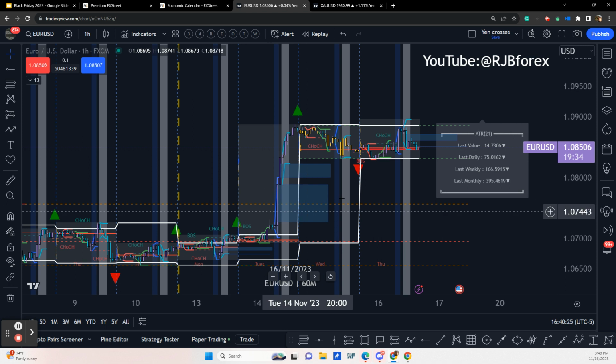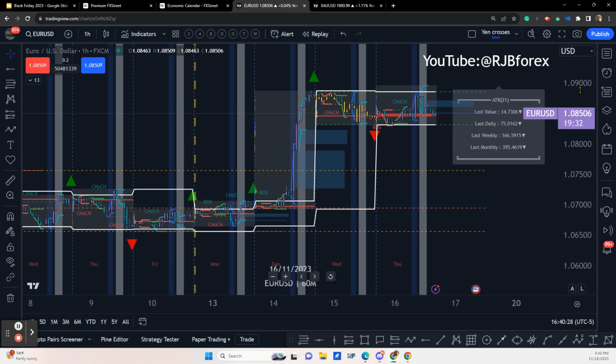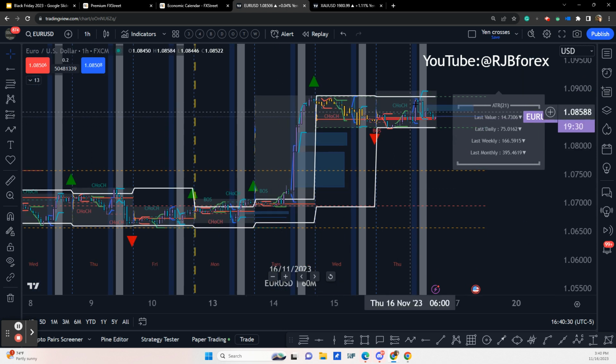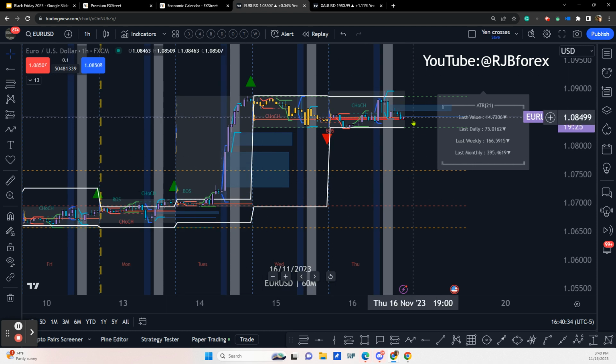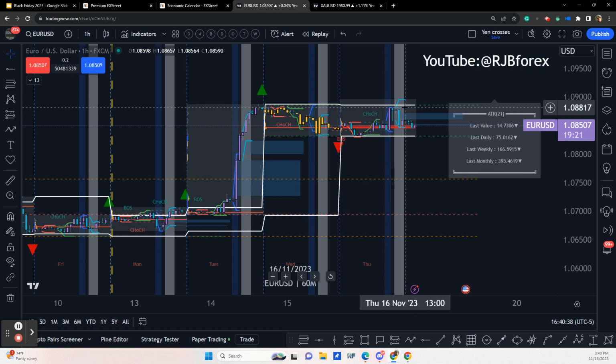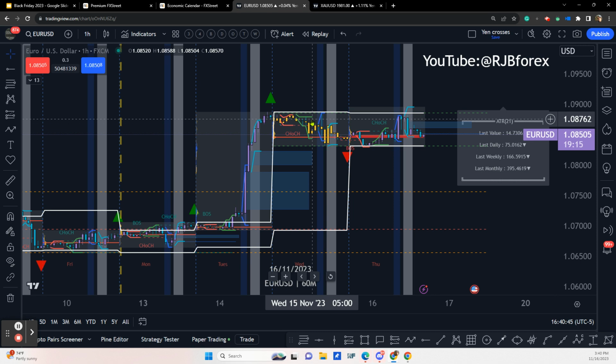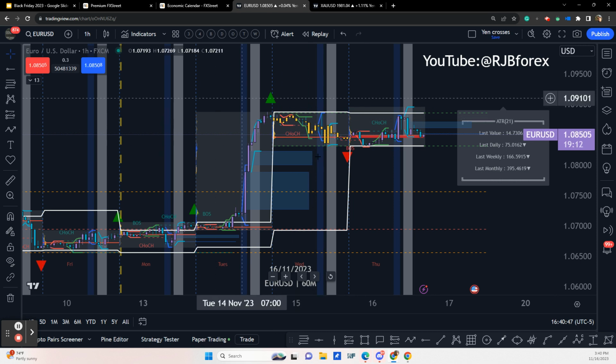Okay, so therefore, you'd expect the market to rebalance, and this might give us a sell-off similar to what I just showed you on that Aussie. But again, it depends on how the price reacts at the levels, right? So we've got an inside day on Wednesday. So we know that there are going to be